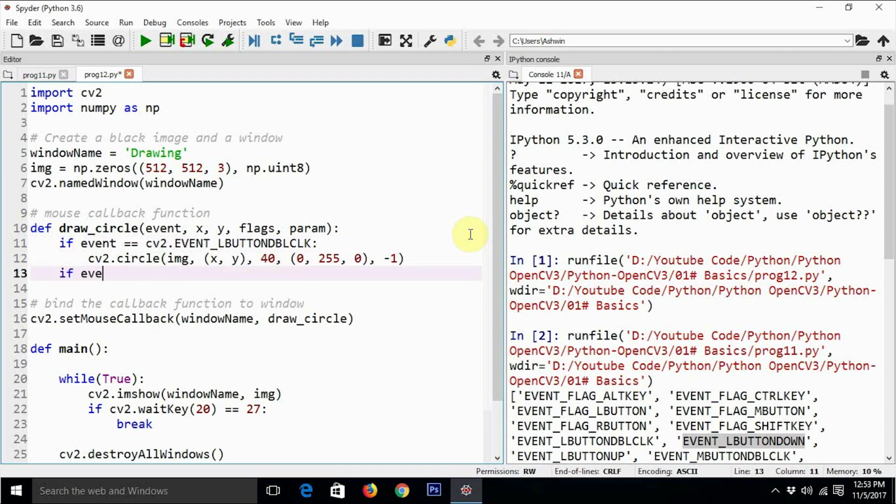If event equal to cv2.EVENT_LBUTTONDOWN, it means that if the left button is down, then we are going to do some action.